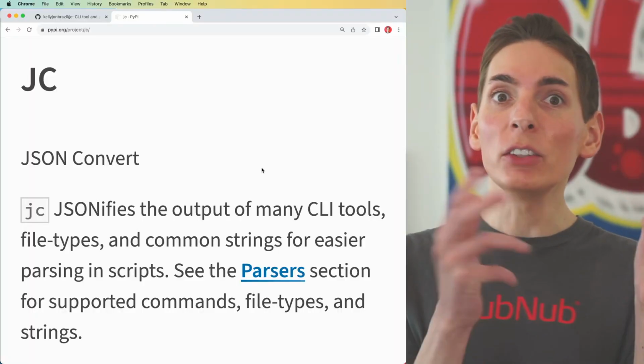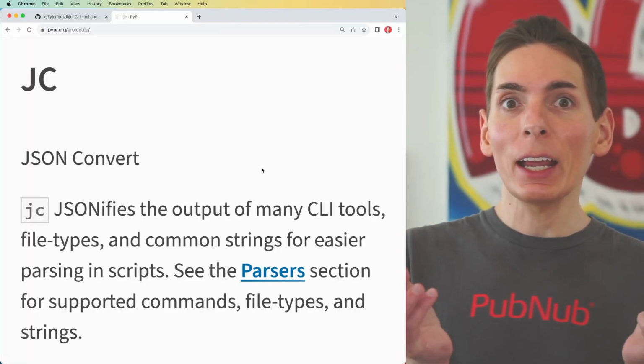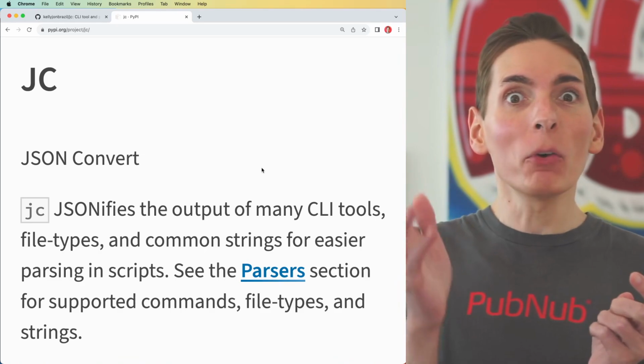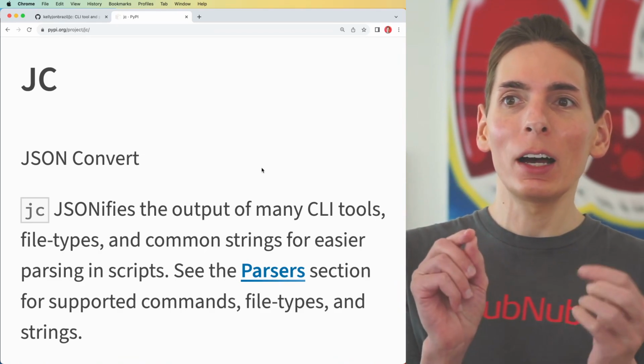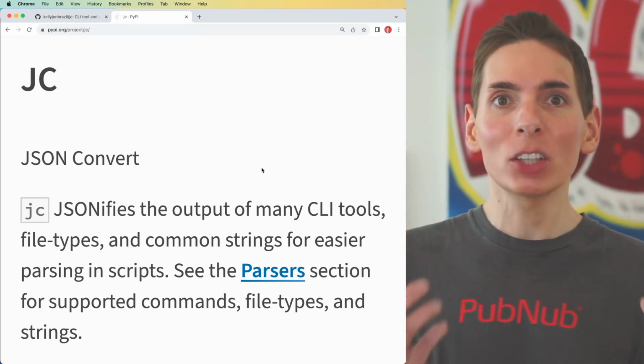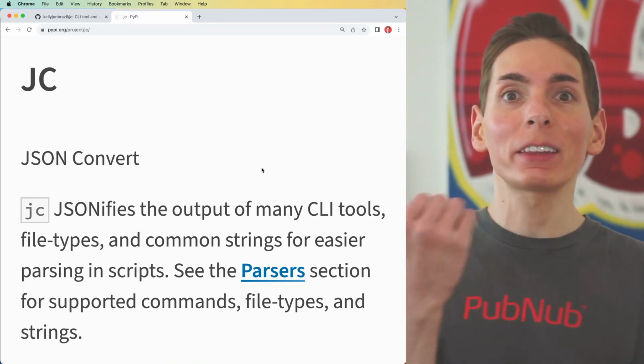JSON Convert is a CLI tool that allows us to convert the output of common command line tools like dig and ls. I even wonder if the ps command will work on this. We're going to try it out. JC takes the output from common command line tools and converts it to JSON, which is